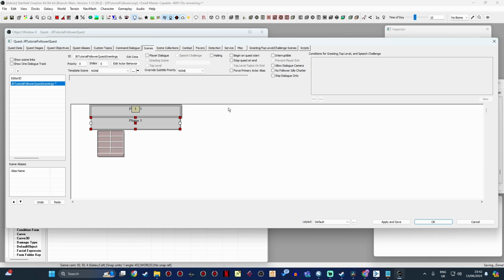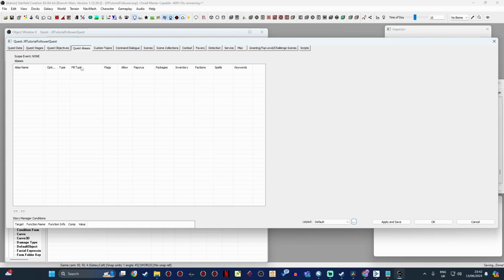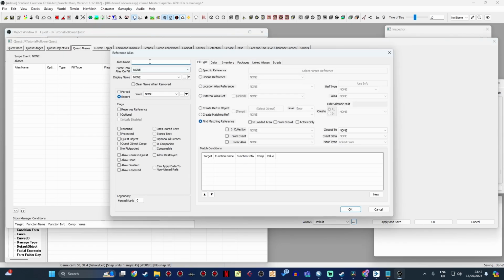Now for our NPC to be able to speak in this scene, we need to make them a quest alias. So go over to the Quest Aliases tab, right-click in here and say New Reference Alias. Alias name. Again, I'm going to follow the same structure.